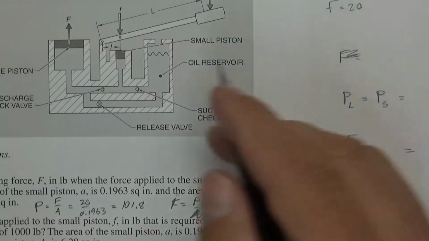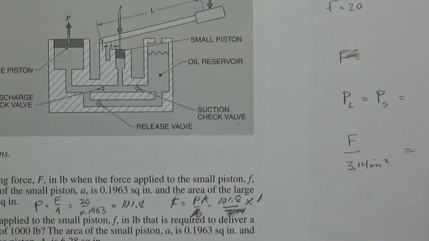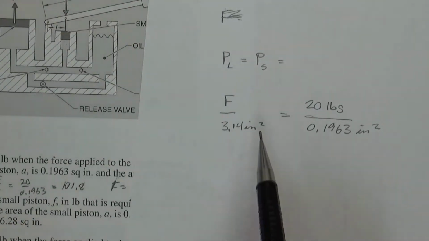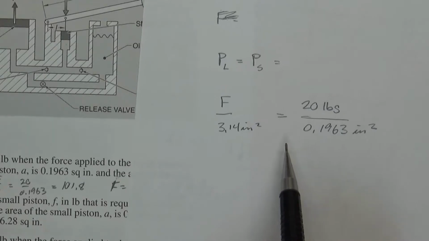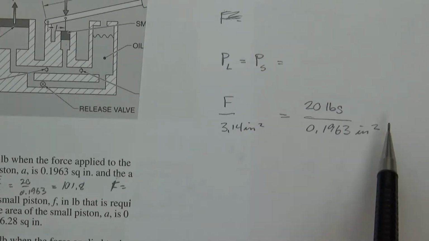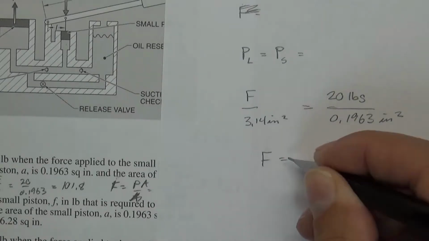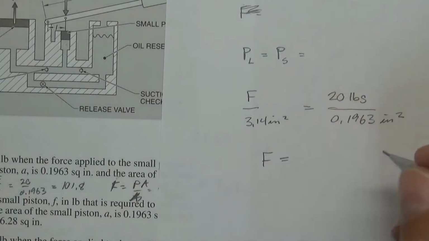And if I write it for the small piston, I know what F is because they tell me, 20 pounds. And the area is 0.1963 inches squared. Oh, there we go. You couldn't see it. Alright, so just like with any equation, what I want to do is take all my knowns on one side and leave my unknown on the other side, and I do that, I'm going to have F equals